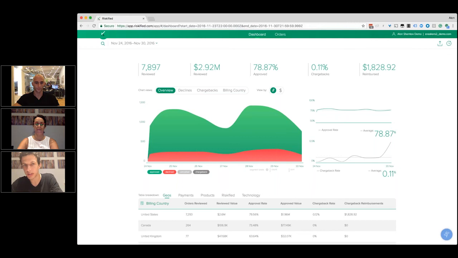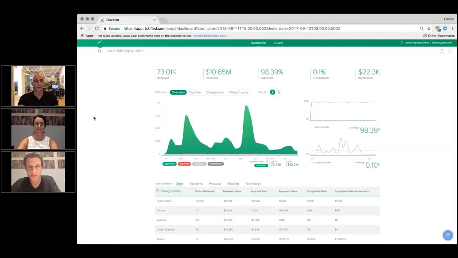Now we're ready to go into our third use case, which is a little bit more of an exploration case. The first two use cases were more like looking for something specific. The third use case will be just exploring the data to try to find something interesting. Darren, back to you. All right, thanks, Alon. Okay, so